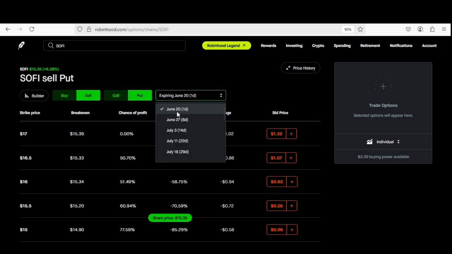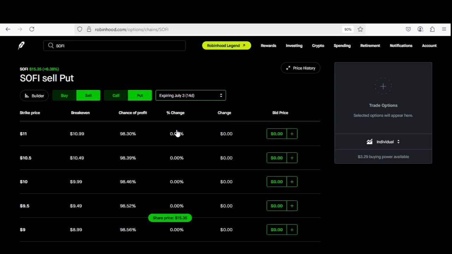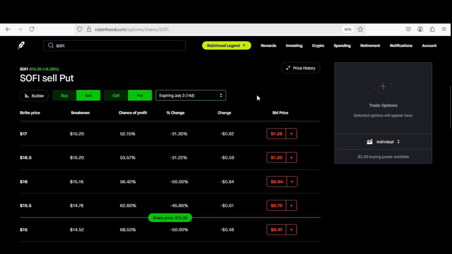The expiration date you're going to choose is going to be July 3rd, which gives you 14 days to expiration. The reason why you're going to choose July 3rd is because, once again, you have a very small account, so you need cash flow. It makes no sense for you to go out for long expiration dates with a small account. You need to build as much cash flow as you can in order to grow